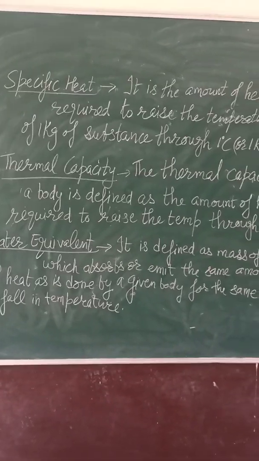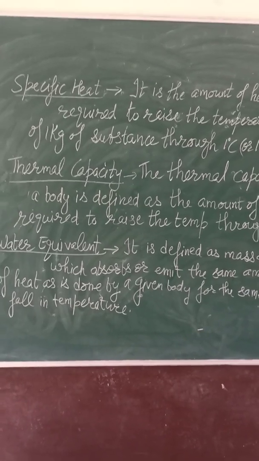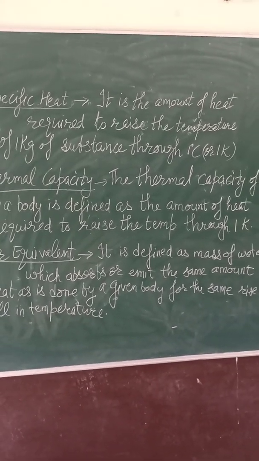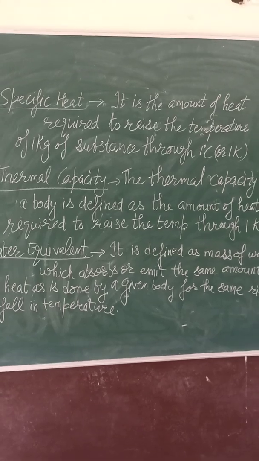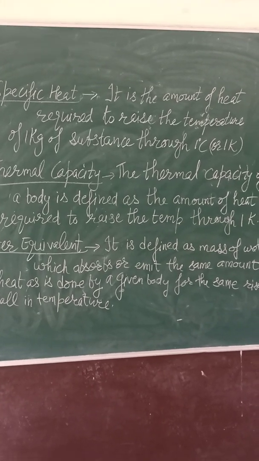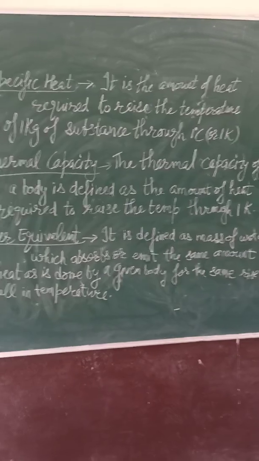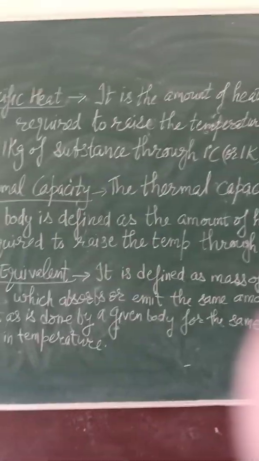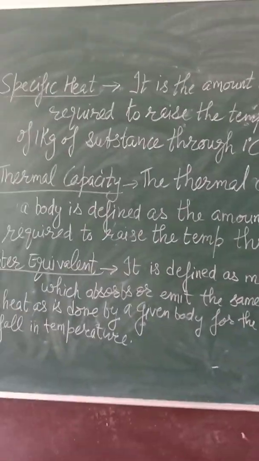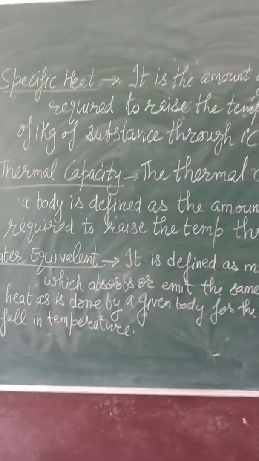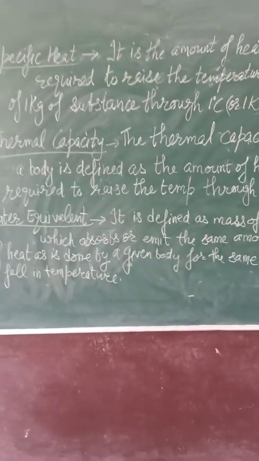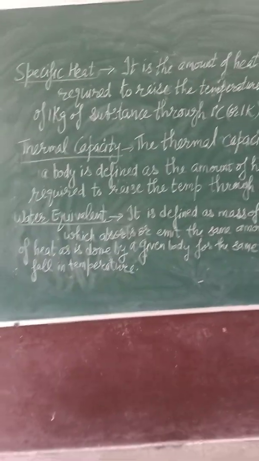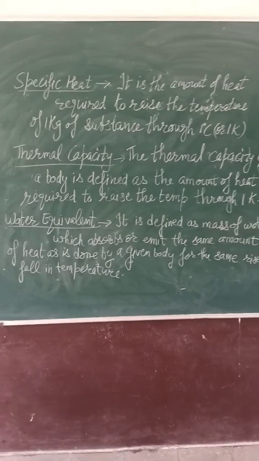Yes, our next topic is specific heat. Specific heat is the amount of heat required to raise the temperature of 1 kg of substance through 1 degree Celsius or 1 Kelvin. For example, if we have a substance whose initial temperature is 30 degrees Celsius, and we want to change its temperature from 30 to 31 degrees Celsius, then the heat we give to that substance is called specific heat, right? Then thermal